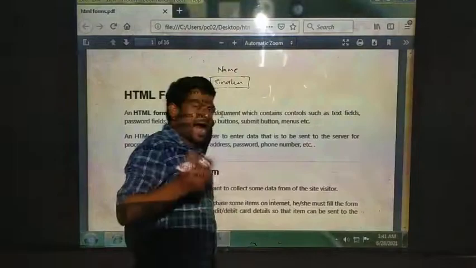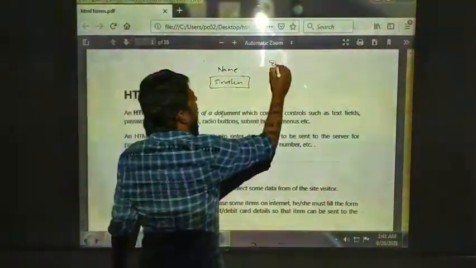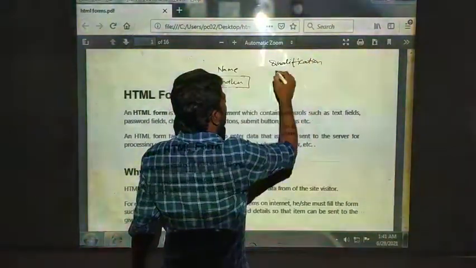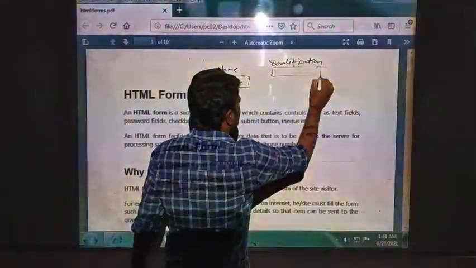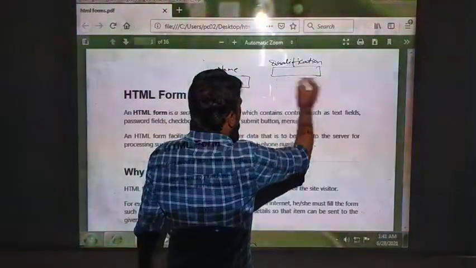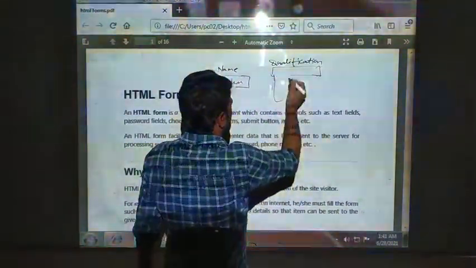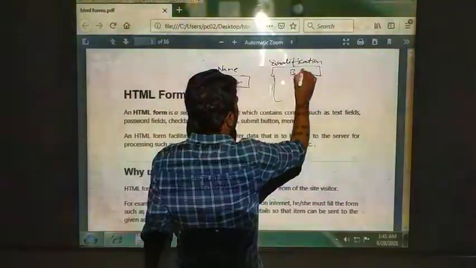Next, checkboxes. You will be asked your qualification. If you see some forms, if you click on that drop down menu, you will see all the courses. What is your qualification?